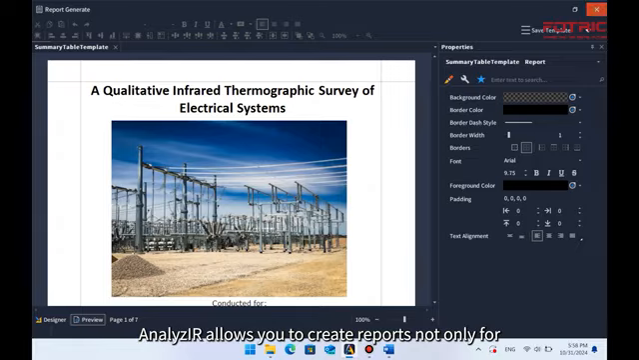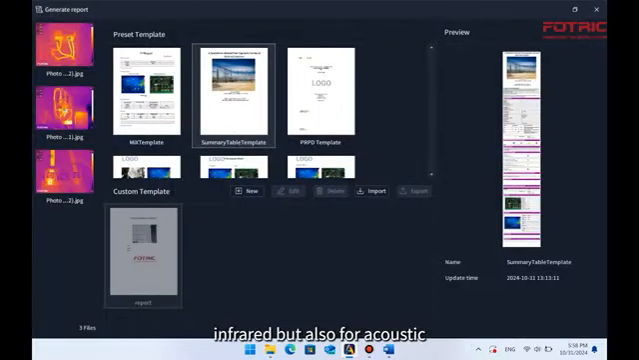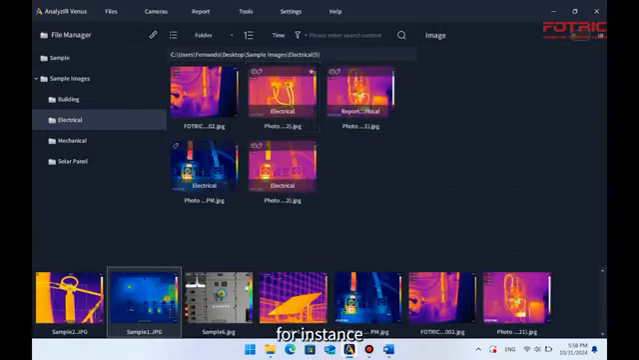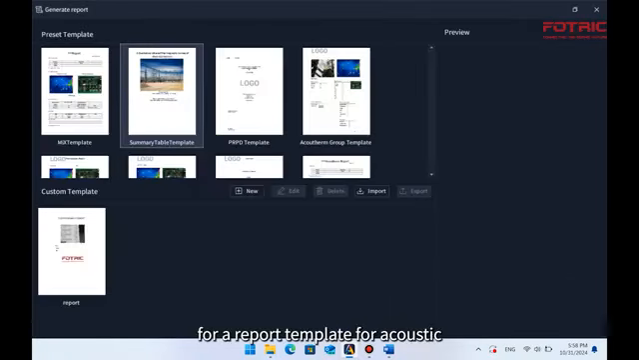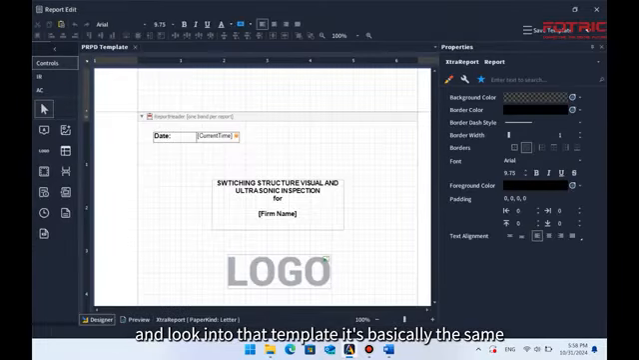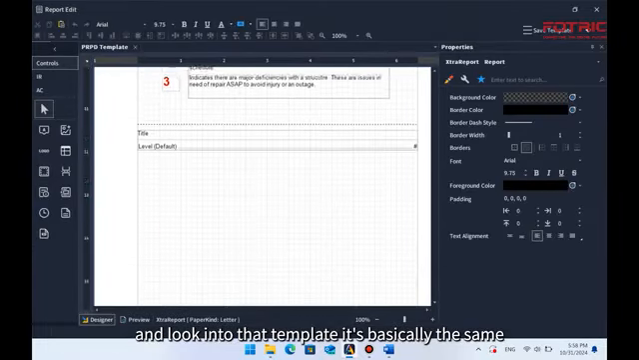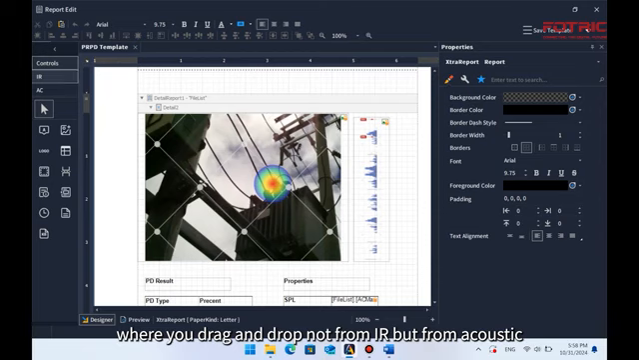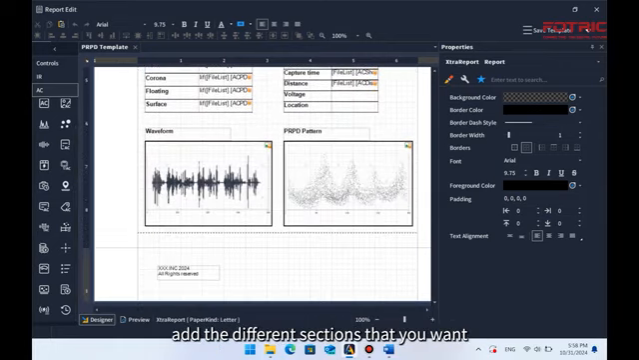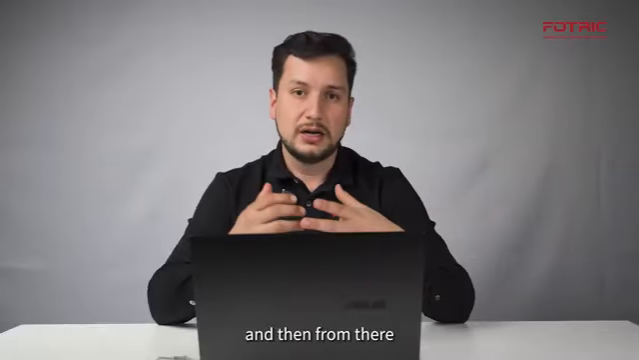AnalyzIR allows you to create reports not only for infrared but also for acoustic. The process is basically the same. If you look at any of these reports, for instance, a report template for acoustic, let's say PRPD, and look into that template, it's basically the same logic where you drag and drop, not from IR but from acoustic. Here are the icons that you're gonna bring into the page. You can configure and add the different sections that you want, like different graphs,